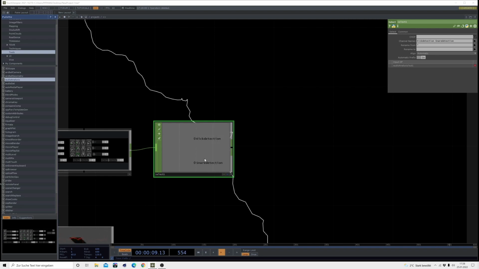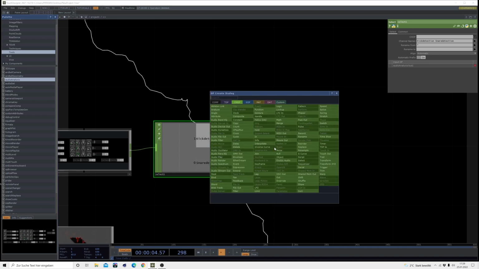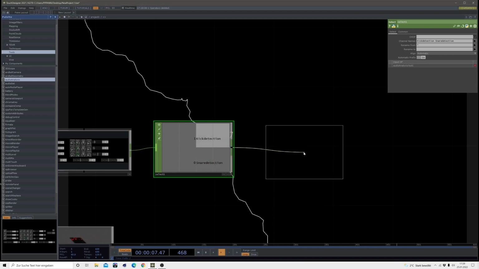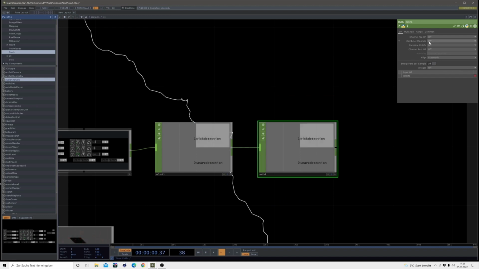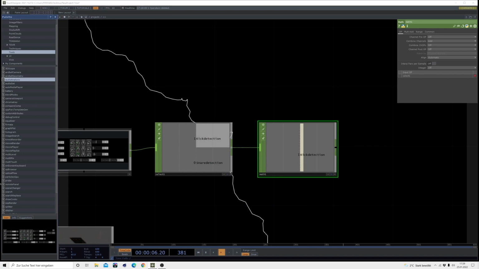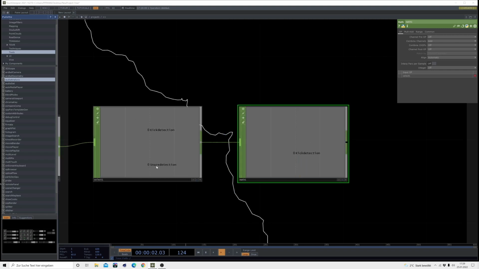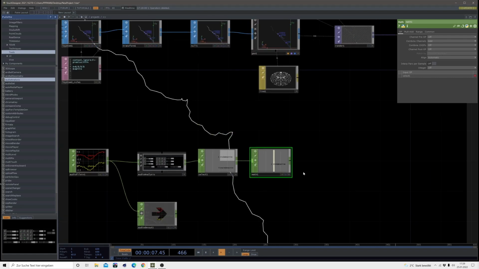And now I want to combine both of them into one channel. I'm going to use a math for it. So bring in a math. And then just under combine channels, I select add. I think I select that. Yep, I select that. So it just reacts on both, like kick and snare. And yeah, or maybe is it multiply? Nope, it's add. I'm sorry. Everything all right. Okay, and after that add,